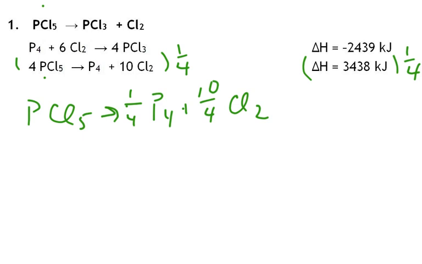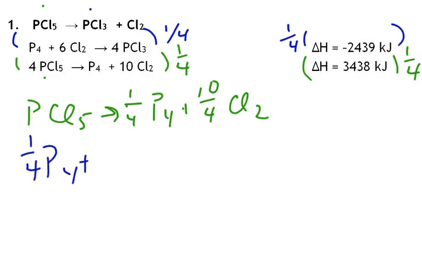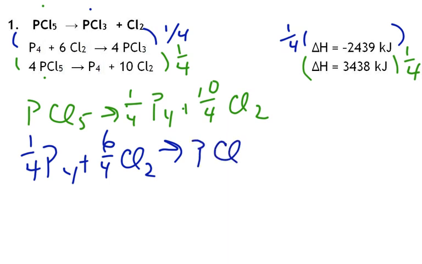Then we're going to look at the next one. We want to find PCl3 on the right-hand side of the arrow by itself. And then we see that it's on the right-hand side of the arrow, but there's too many of them. So we have to multiply by 1/4 again, which means we have to multiply the heat by 1/4. So I'm going to go ahead and write that down. So we have 1/4 P4 plus 6/4 Cl2 going to 1 PCl3. So now we've used that reaction, we've used that reaction. You'll never be given more reactions than you actually need, so we're going to go ahead and figure out what's